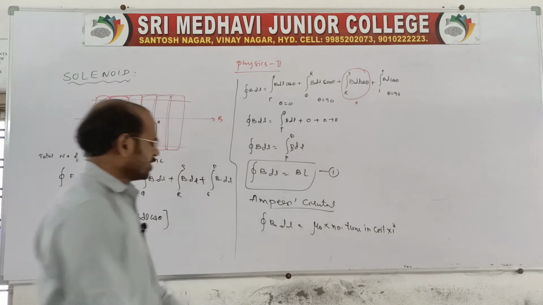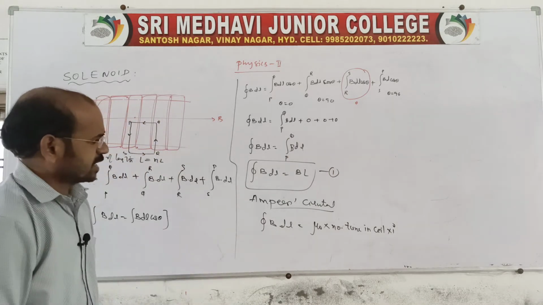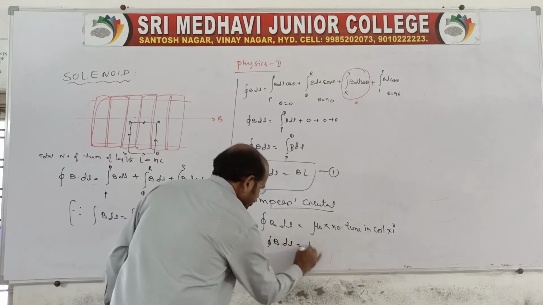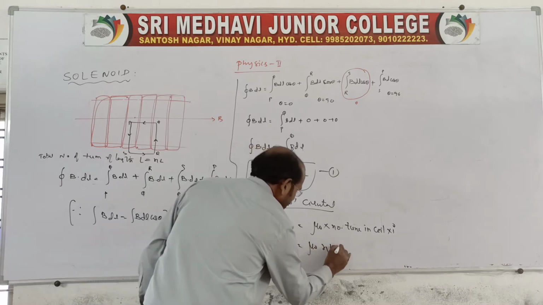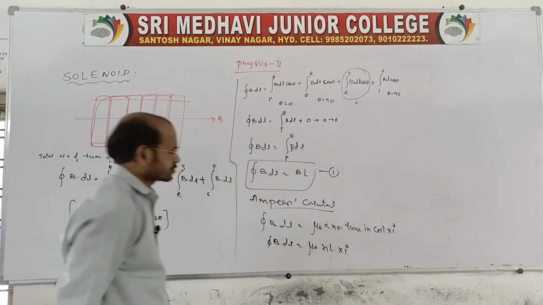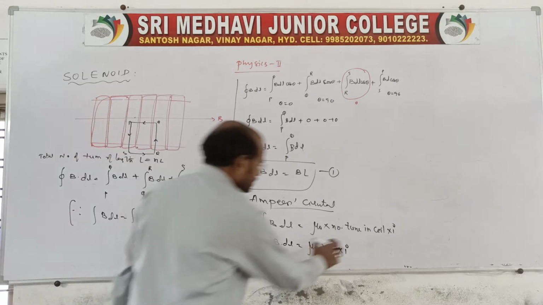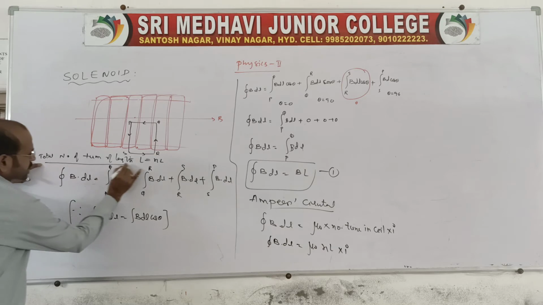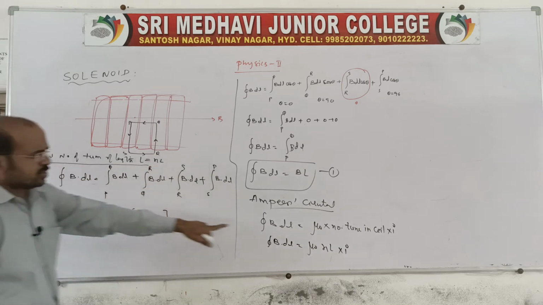into current. That's what here B dot dl is equal to mu naught n I, that is closed integral B dot dl is equal to mu naught into nL into I. Shall I? This is, you say, number of turns, no? Total number of turns, how many are there in a given solenoid? It is, will be L is equal to NL, no? So that you say NL.